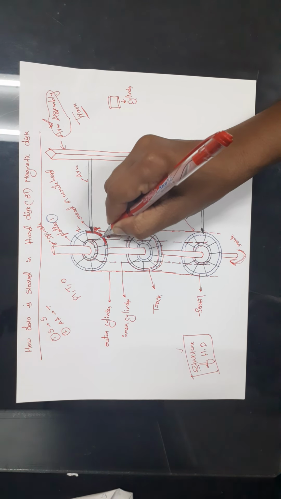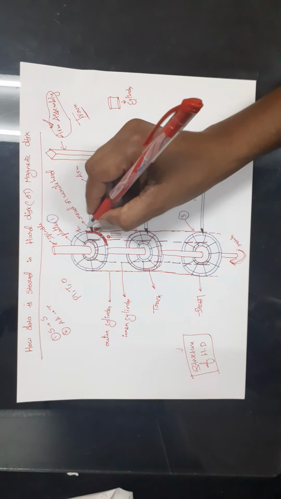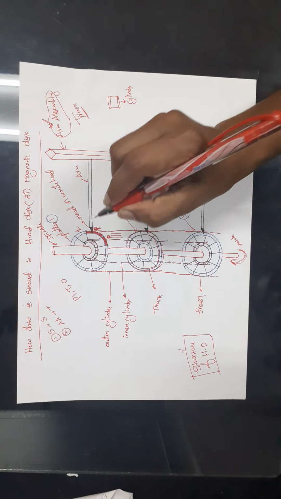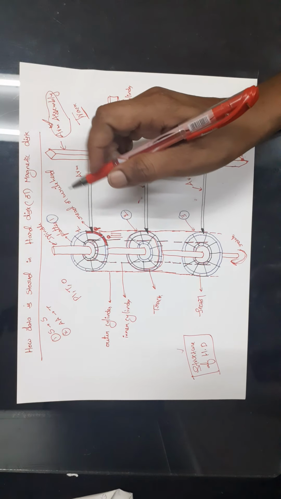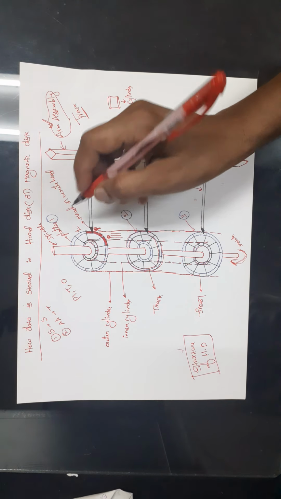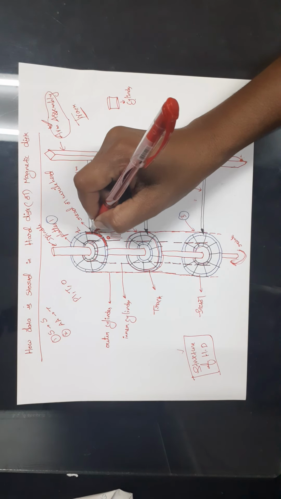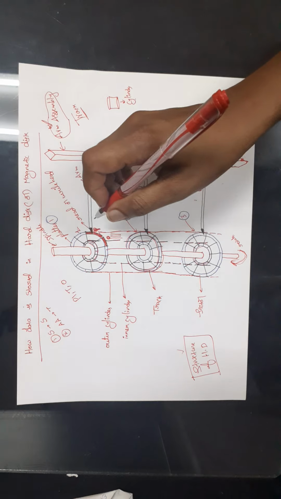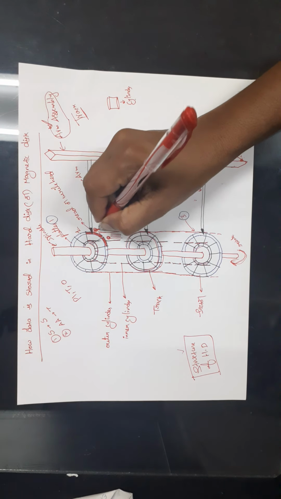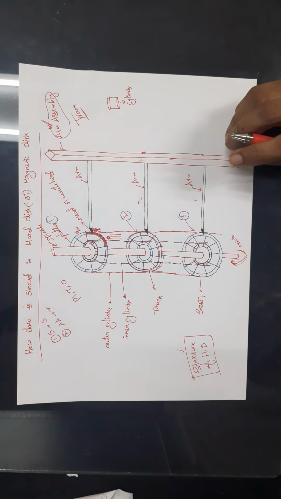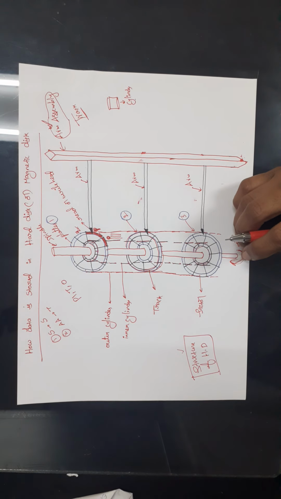0 is already filled, right? So 0 will come to this position. Now the read or write head points to 1, and I have filled 1 also. That means if you want to read or write anything, you should place the read or write head at that particular sector. Now after 0 and 1, I want to fill sector number 2. In order to fill sector number 2, again we should move the spindle.